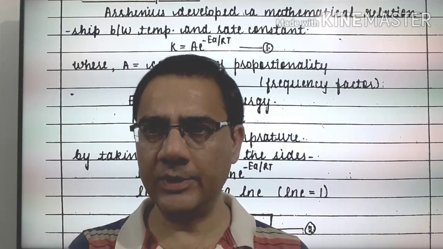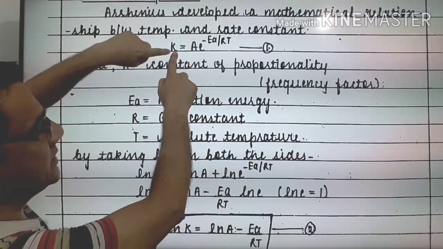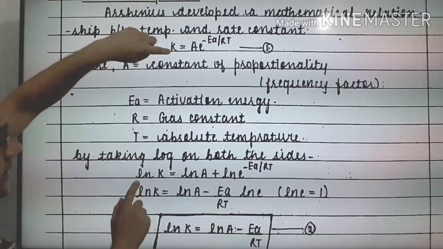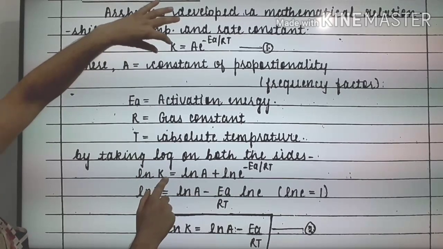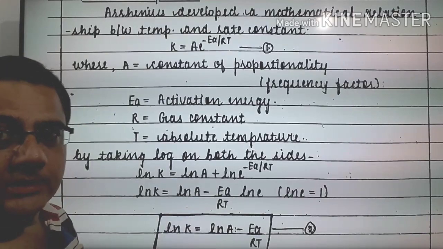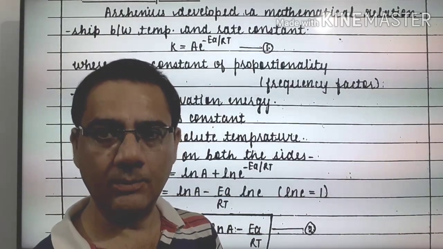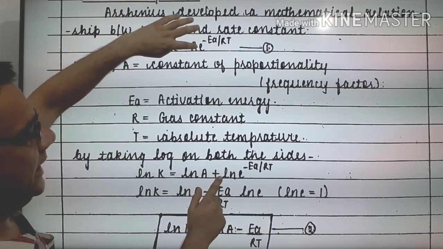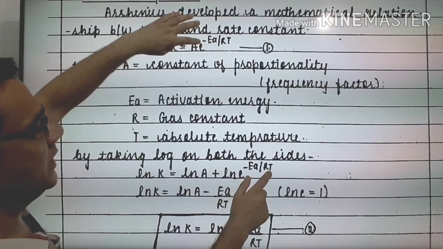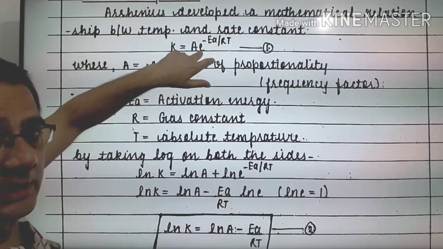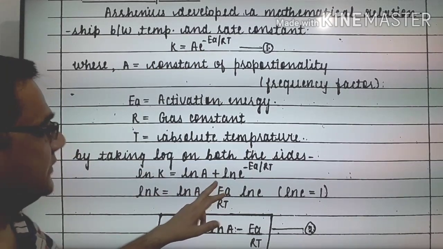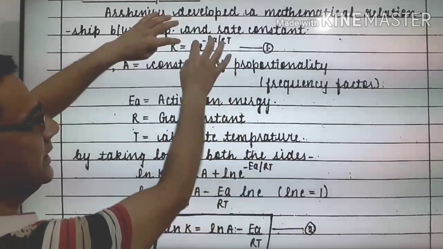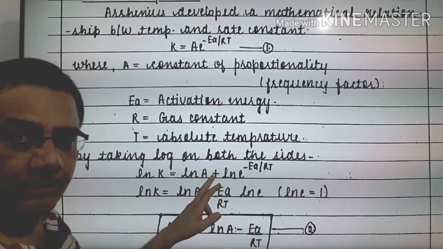So the same equation we will convert into natural log. Remember this, k is equal to A e to the power minus Ea upon RT. On both sides we will take log. Then what do we get? See, ln k, ln is natural log, and I already told you 1 ln is equal to 2.303 log. This is ln k is equal to ln A plus ln e to the power minus Ea upon RT. In log, those things which are in the multiplied form come in the plus form. Here it is in the product form; in the log it comes in the plus form.